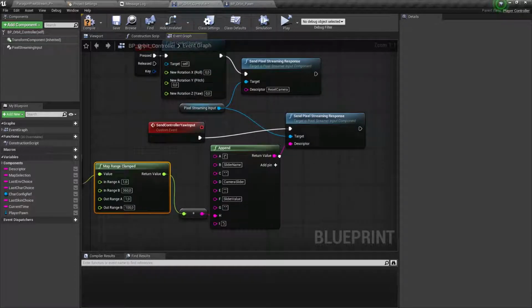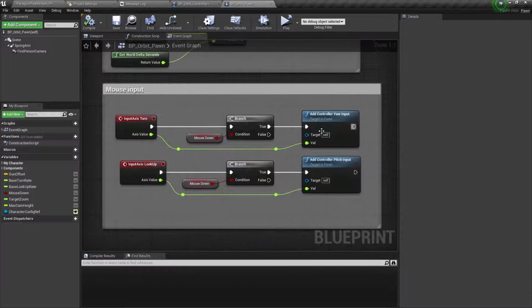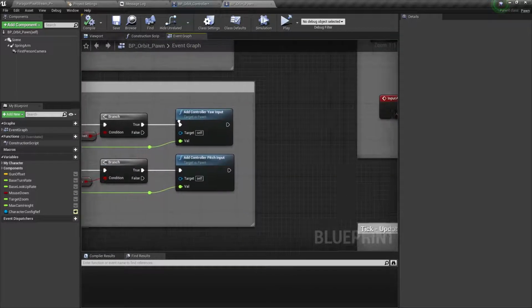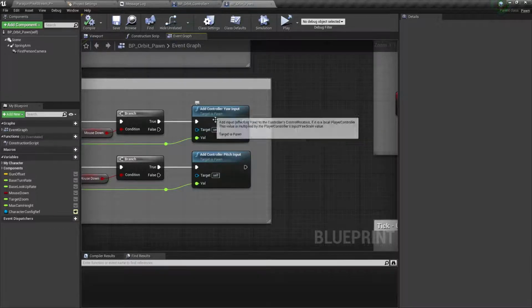And then back to the Orbit pawn, we can just call on that here whenever we change or add controller yaw input to the camera.